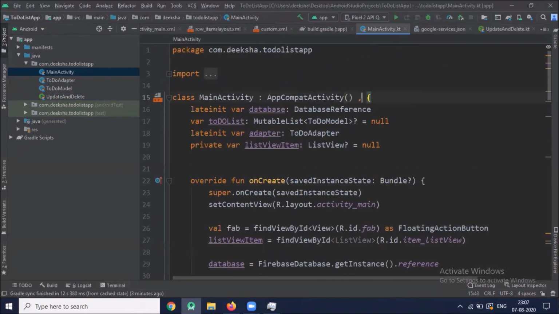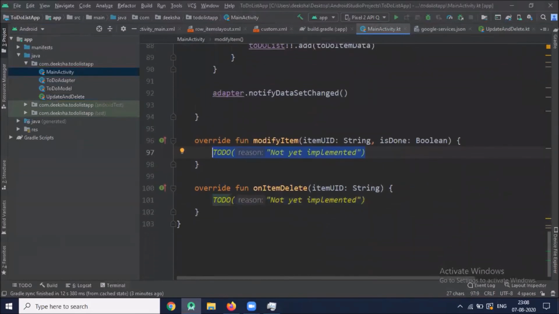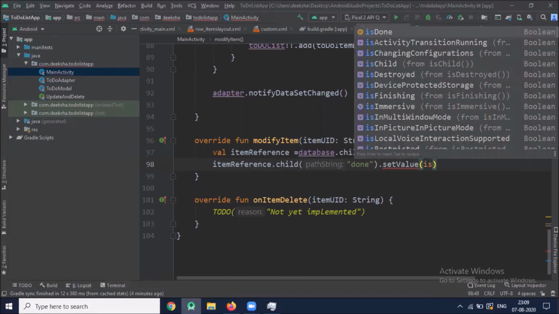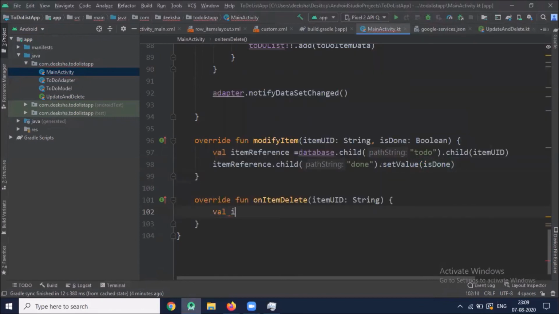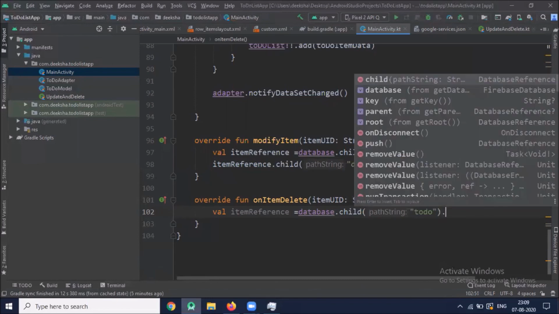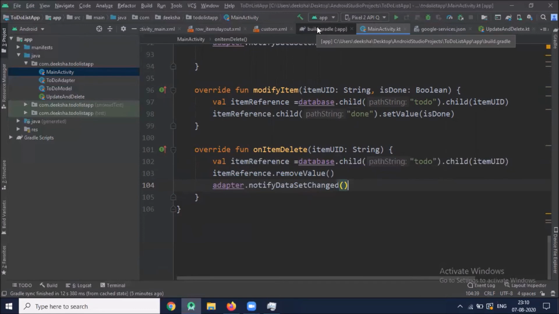Here we implement our interface. We need to call this method via adapter.